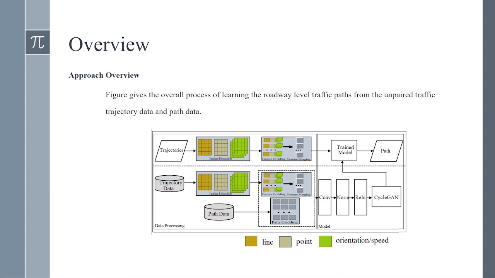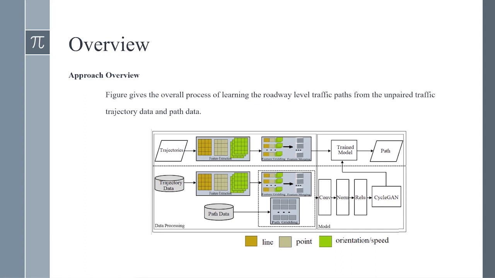space-term information of trajectory points and extract the roadway level part with starting departed path data in the training process. Two kinds of data sets, trajectory data and path data, are used as input of the model as shown above to achieve the convert from trajectory data to roadway level